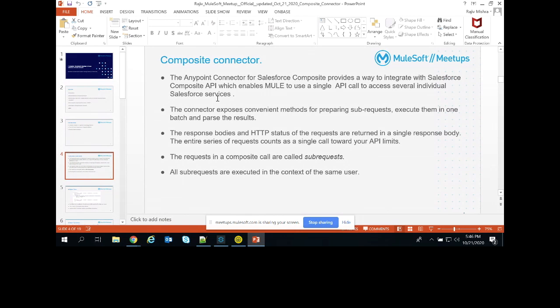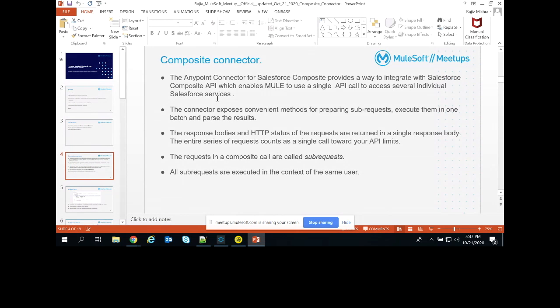One of the connectors that Mule provides to integrate with Salesforce is the composite connector. The AnyPoint connector for Salesforce Composite is a way to integrate with the Salesforce Composite API, which enables Mule to use a single API call to access several individual Salesforce services.